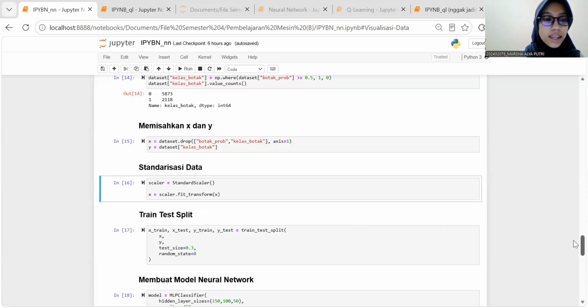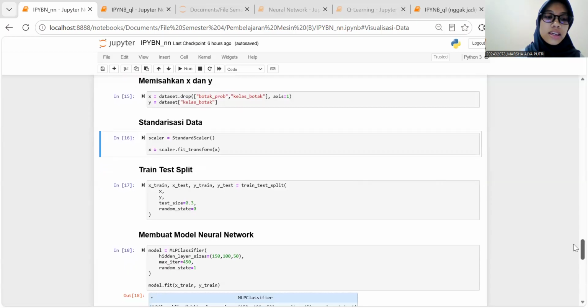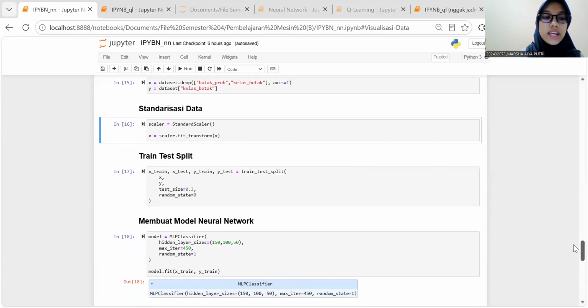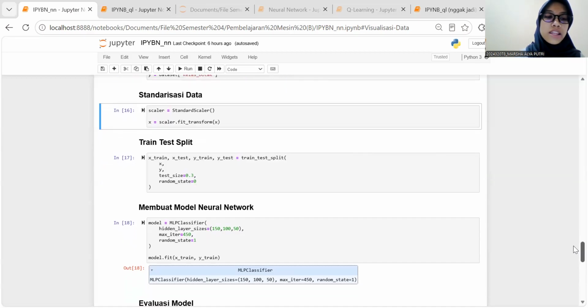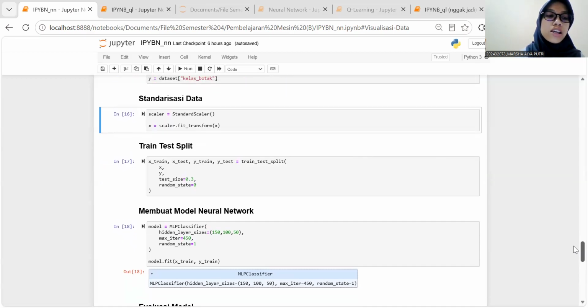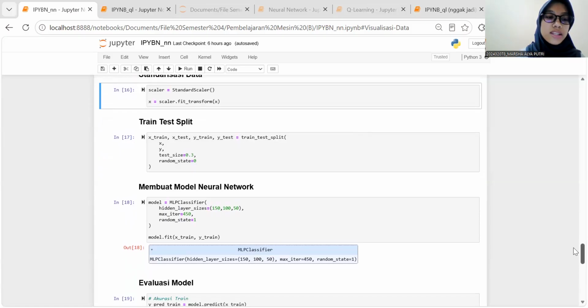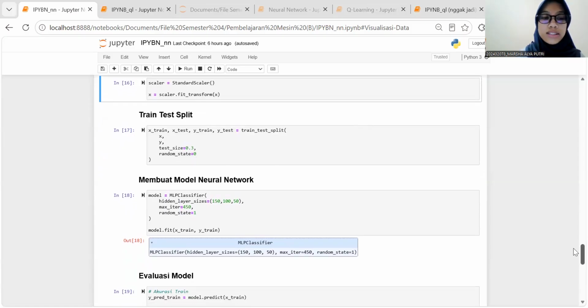The dataset is then divided into training data and testing data. We use 70% of the data for training and 30% for testing. The training data is used to learn the patterns, while the testing data is used to evaluate the